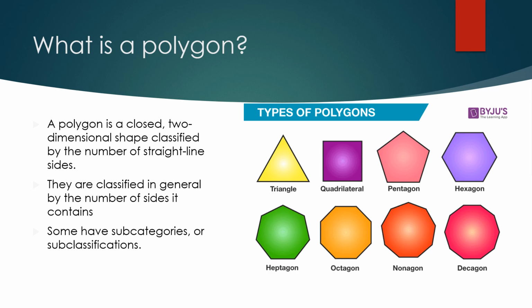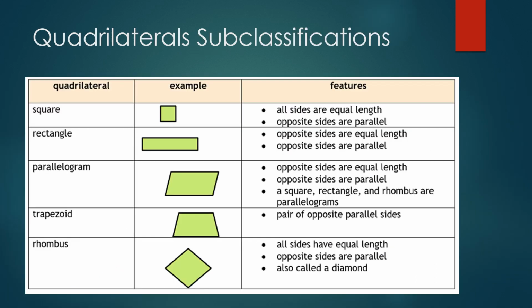We'll also talk about the subcategories of a quadrilateral. So we have different types of quadrilaterals, and depending on the relationship between the sides, that will give us a better picture. A quadrilateral, by definition, is simply a 4-sided polygon. In other words, a polygon that has 4 straight edges. However, depending on whether all 4 sides are the same measurement, or parallel, or whether we have 2 pairs that are equal,